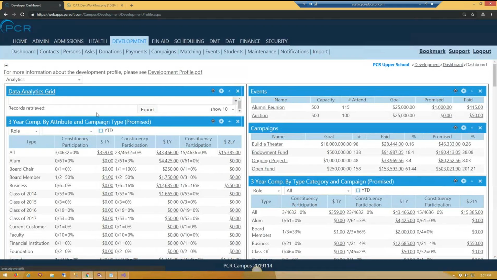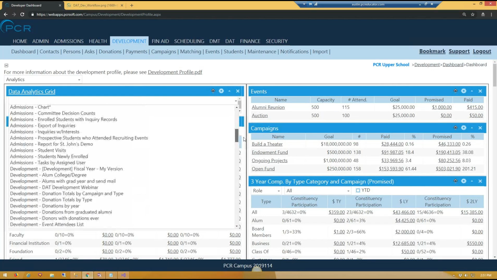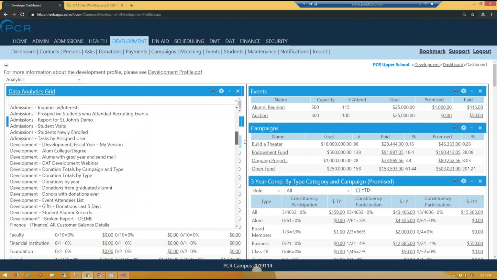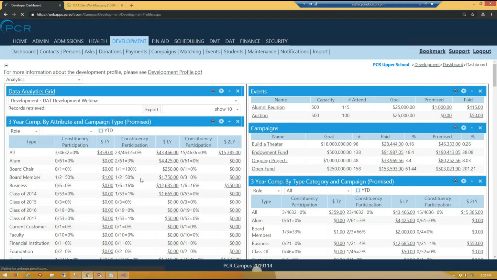And this widget shows up at the top. Now all I have to do is click the drop down and pick whichever query I want on this dashboard. The one that I did was under development, and there's one like my version of it, and then there was another one called DAT Development Webinar. So if I click this one,